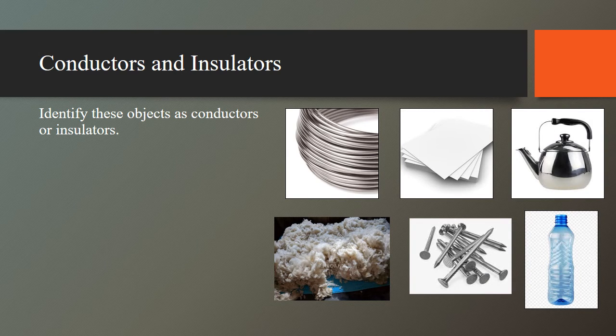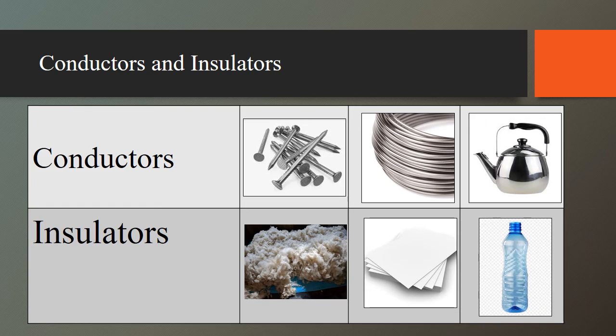Conductors and insulators. Conductors are objects that let heat pass through them, and insulators are the objects that do not let the heat pass through them. You are to identify the following objects as conductors or insulators. The correct arrangement in the categories of conductors and insulators will be